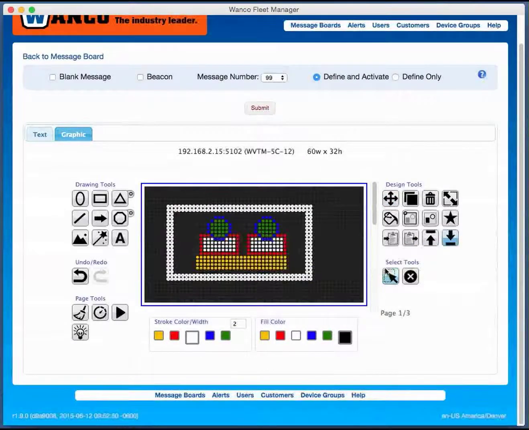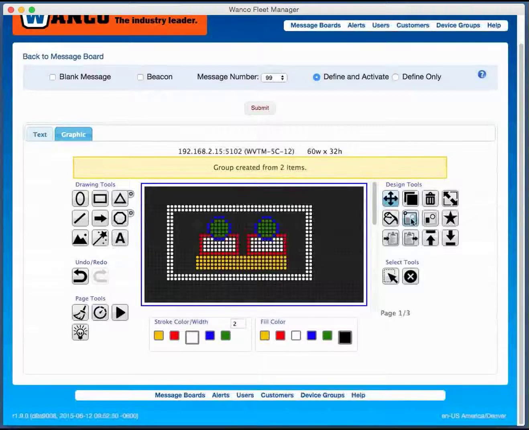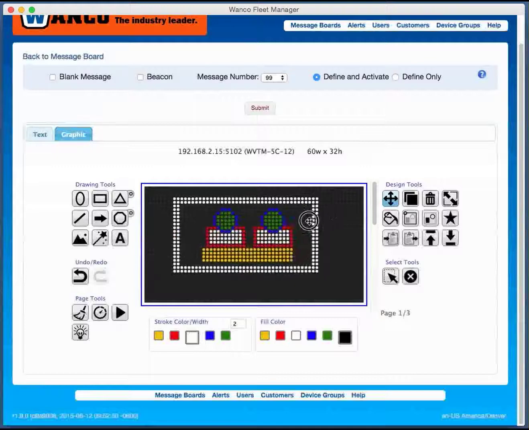That just allowed me to move the square back behind these people icons, and what that does is it let me select also the people icon here. Now everybody is selected. So that was a bit complicated what happened there. Basically I put the square on top of the people icon, so I couldn't select the people icon. I moved the square behind the people icon, now the people icon is on top of the square, I can select them too. Now everything is selected, and now I can make a group out of them. Didn't really have to do that, but it's convenient now because now I move them together as a single shape,